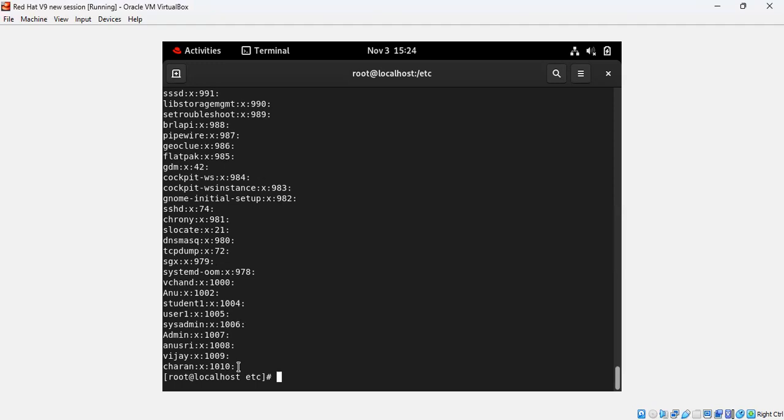If you want to add a user, use the command useradd followed by the username. If you want to delete the user, use the command userdel followed by the username. If you use userdel and the username, the name of the user is deleted, but the user information is stored in